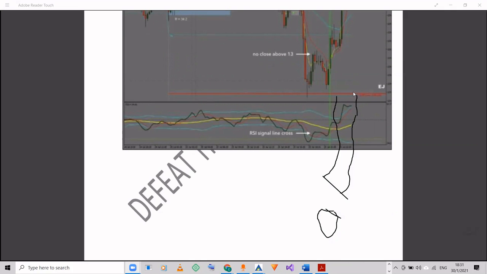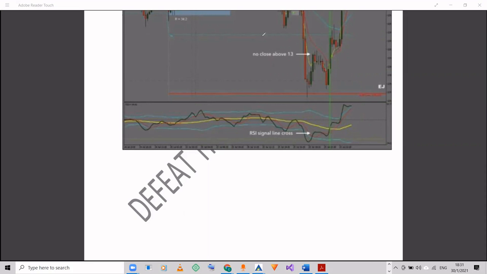Because of the what? Right here. One could have easily taken a trade right here. Because of the what? Right here again. Because of the what? The close above the basing on the TDI, there's the close above the market baseline and the signal line. Then basing on the price action here, because of the railroad candles right there, the most beautiful